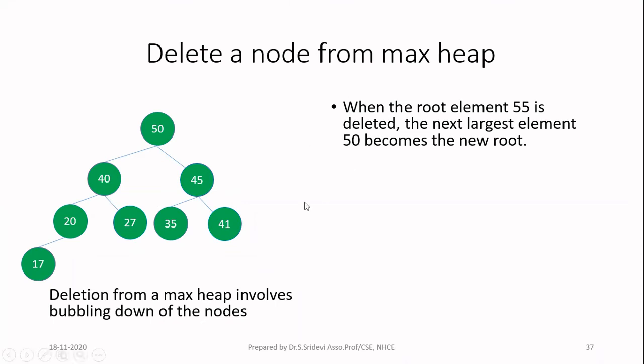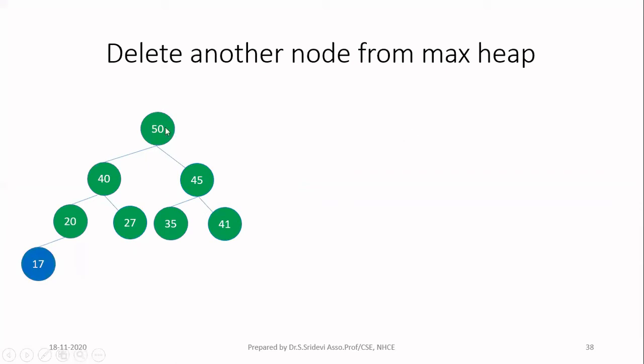So I want to delete one more element. Out of this tree, the element I can delete now is again the root node, that is 50. So I'm going to delete 50. So I have to select a candidate now. What I'm doing is looking at the last level of my complete binary tree. In that, I have to look at the node which is at the rightmost position. Actually, this 17 is now at the rightmost position because it is the only node in that level.